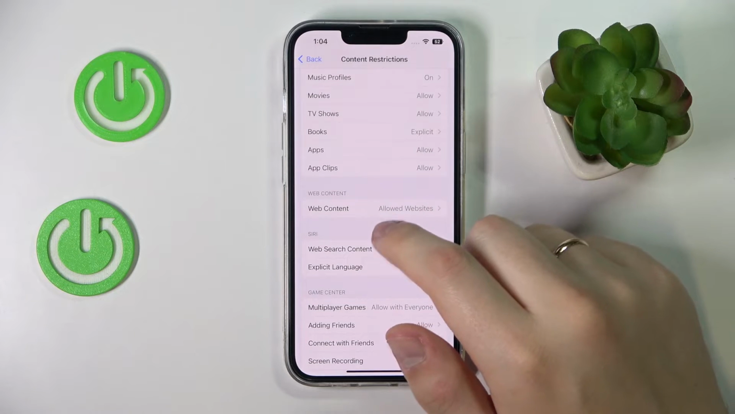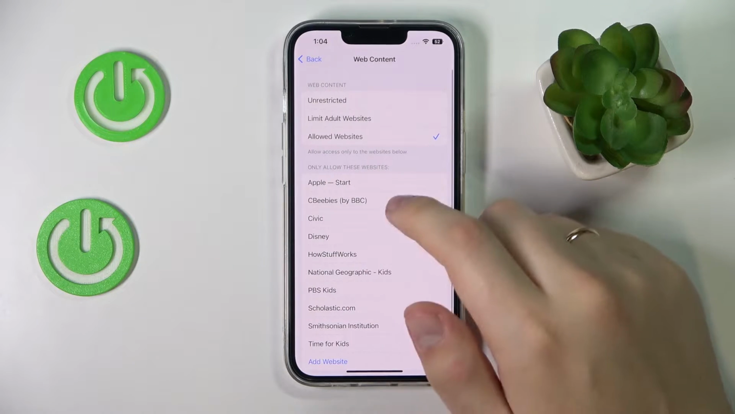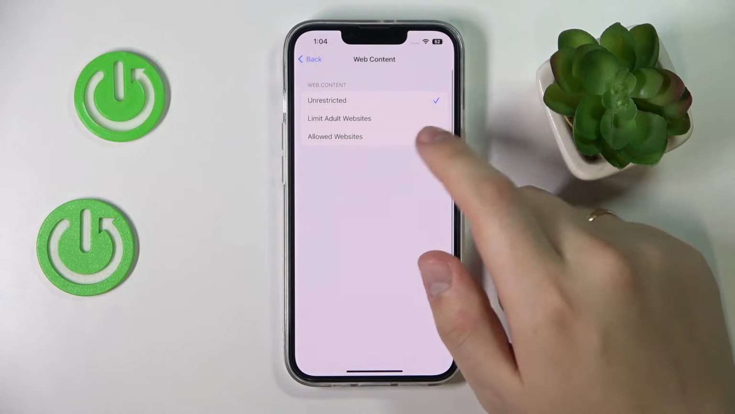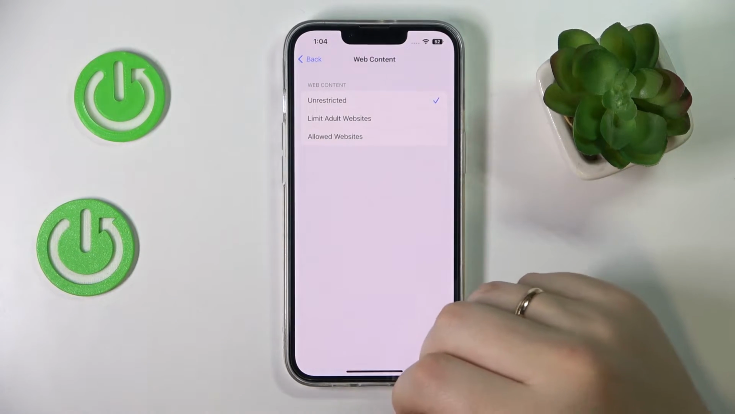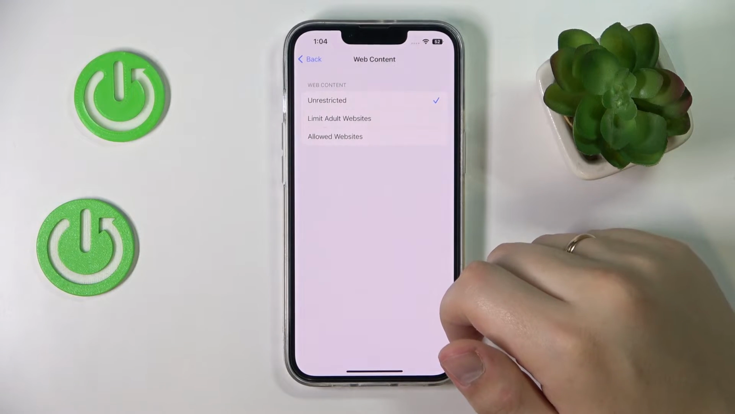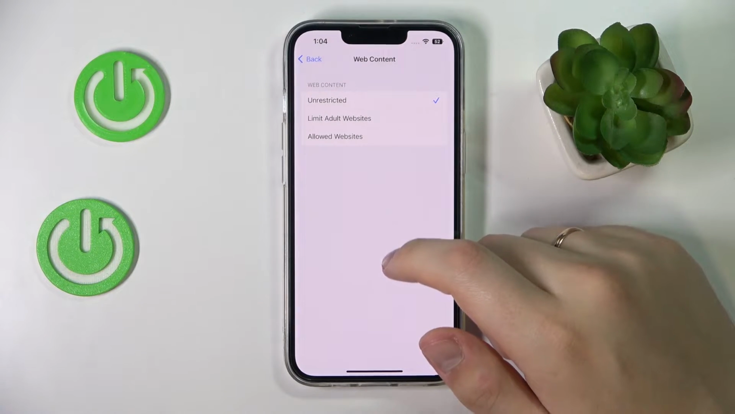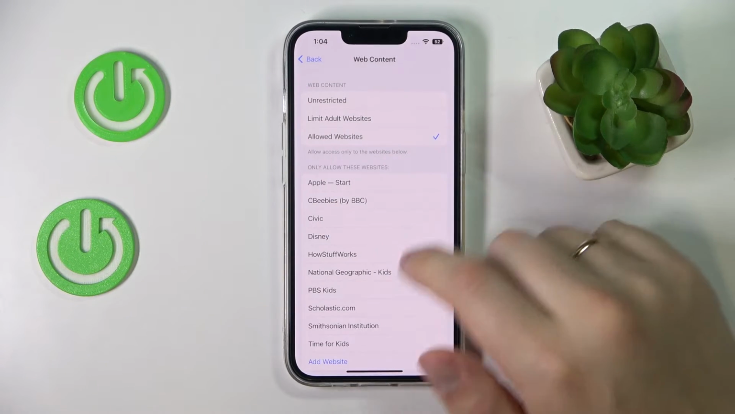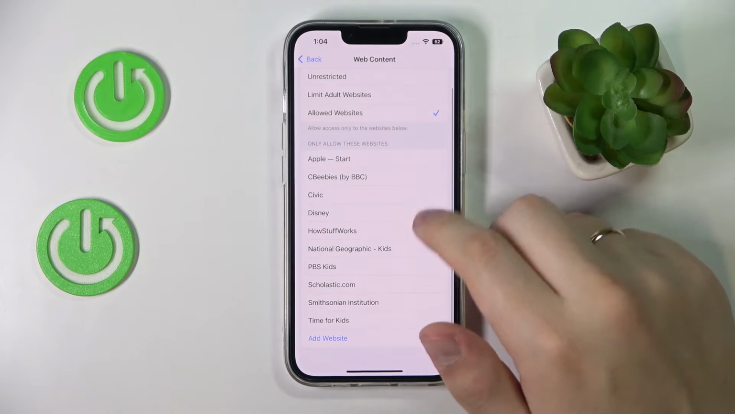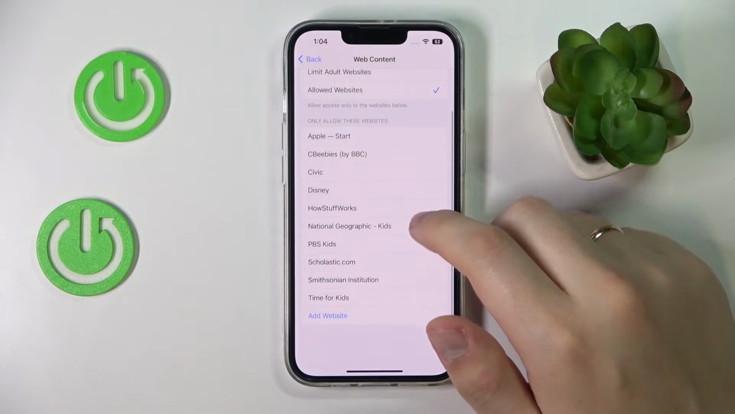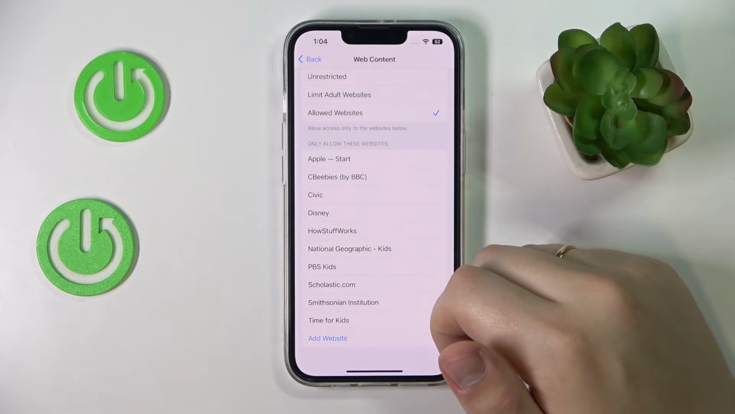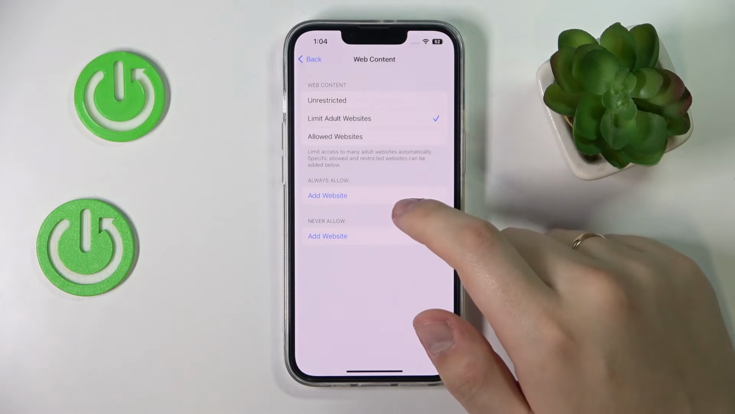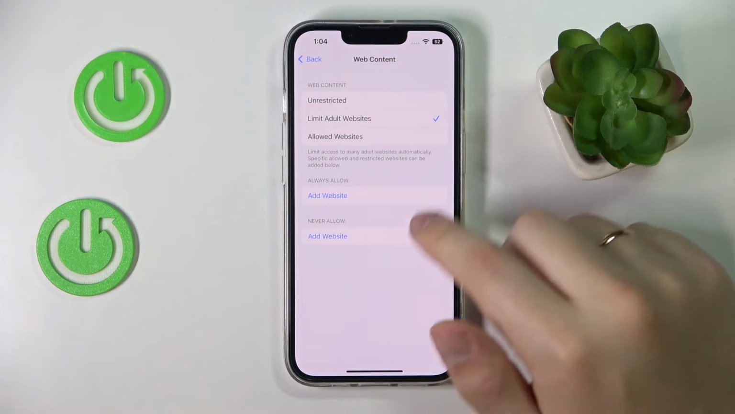In here, go for the web content section. And here you have quite a few options to choose from. You can either allow all the web, which is not the case if you would like to block some particular website. I recommend that you either go for the allowed websites and simply create a list of web pages that you want to be surfable. Or you can also go for the limit adult websites,